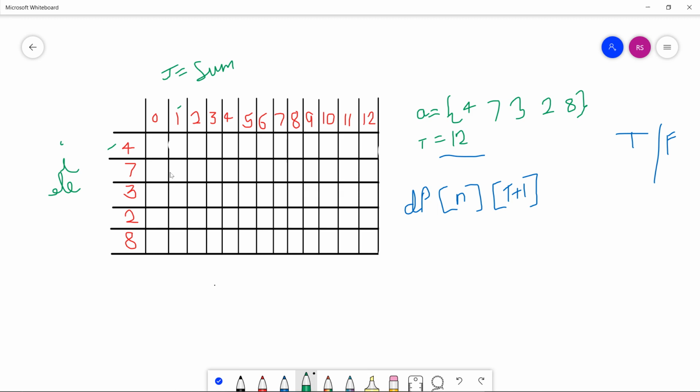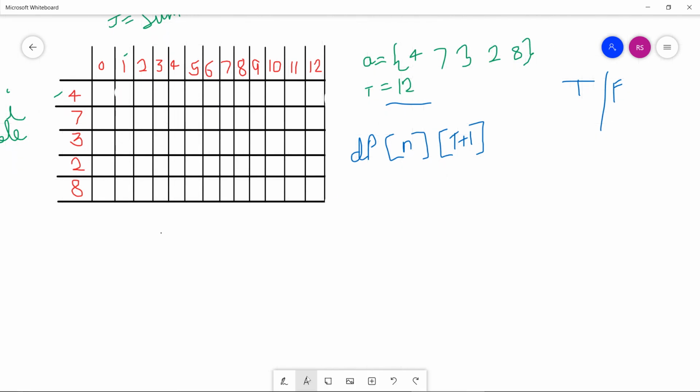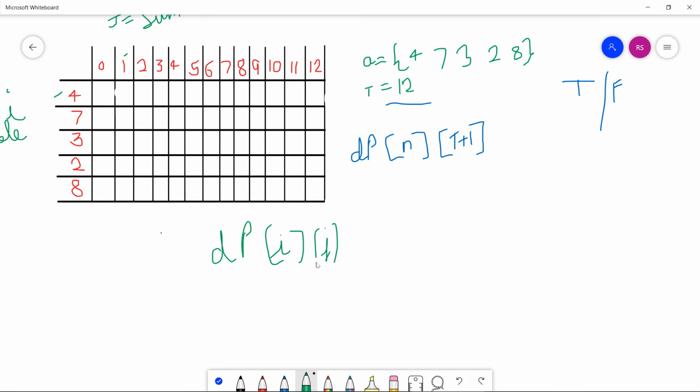Now the main theme is dp[i][j] equals whether the result is present in the i minus 1 row and the same column.